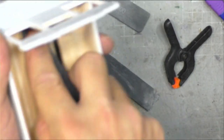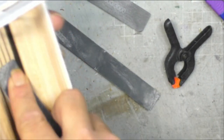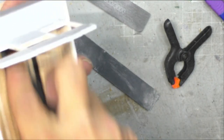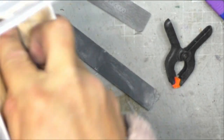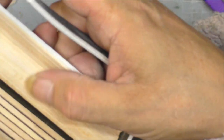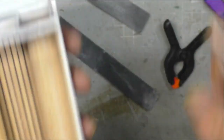And again, these don't actually need to be perfectly flat, but they do just need the tops taken off them, and that's all we're going to do with these floorboards. I'm not looking at taking... Some of these might actually be very, very thin. I think they're 1mm thick wood. They could be as low as 1/2 mil now, but it doesn't matter because you can't see the thickness, but